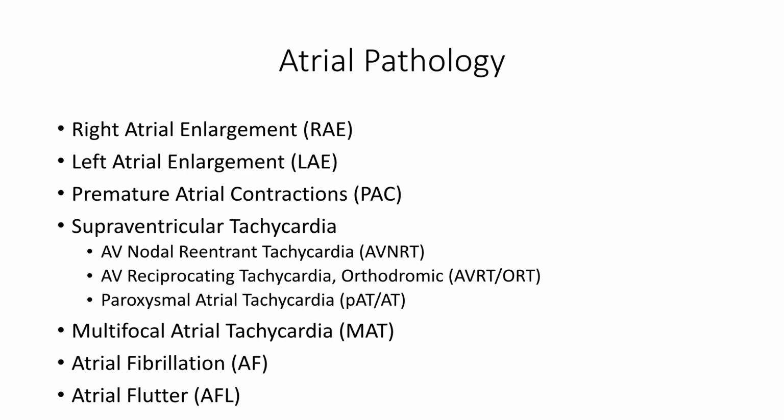So here's the outline for this section. We will first go over atrial enlargement of the right and left atria. And this is important for risks of arrhythmias like atrial fibrillation and atrial flutter. We'll next go over premature atrial contractions, and then we'll talk about supraventricular tachycardia and the three most common diagnoses